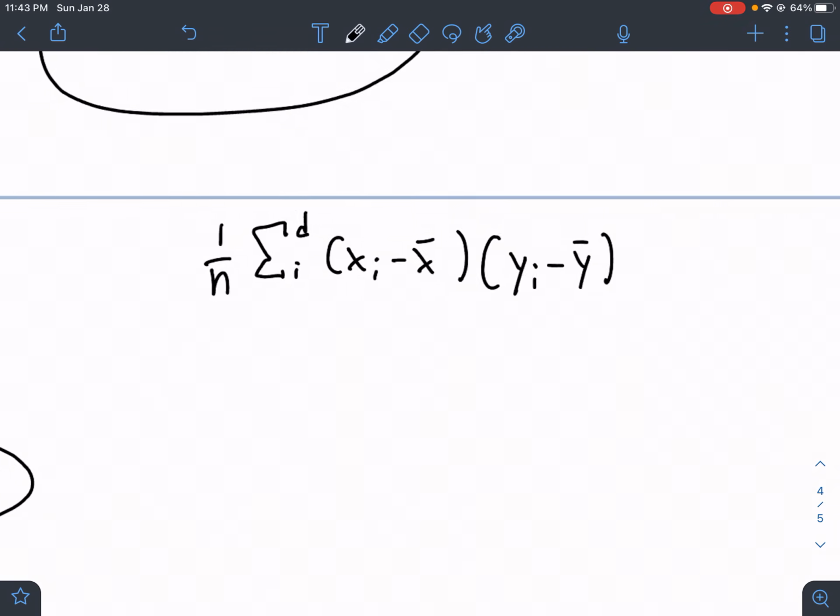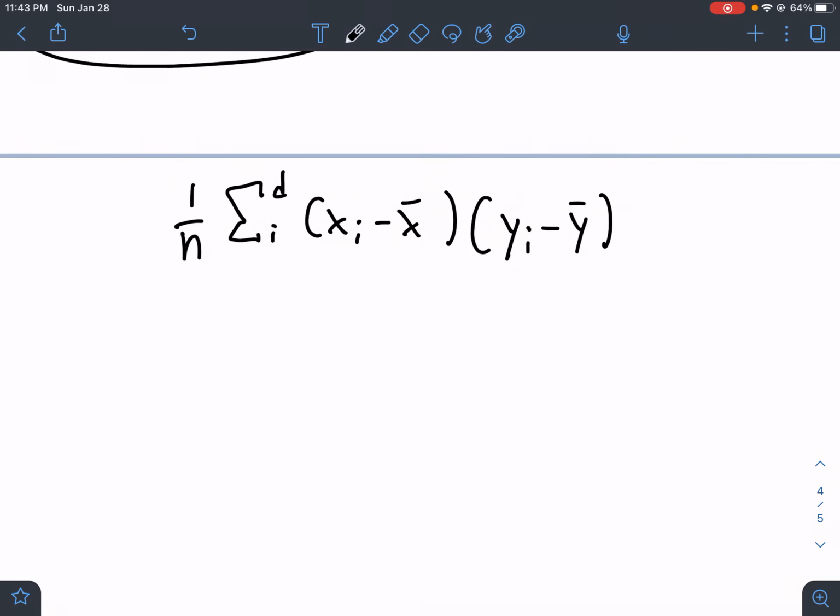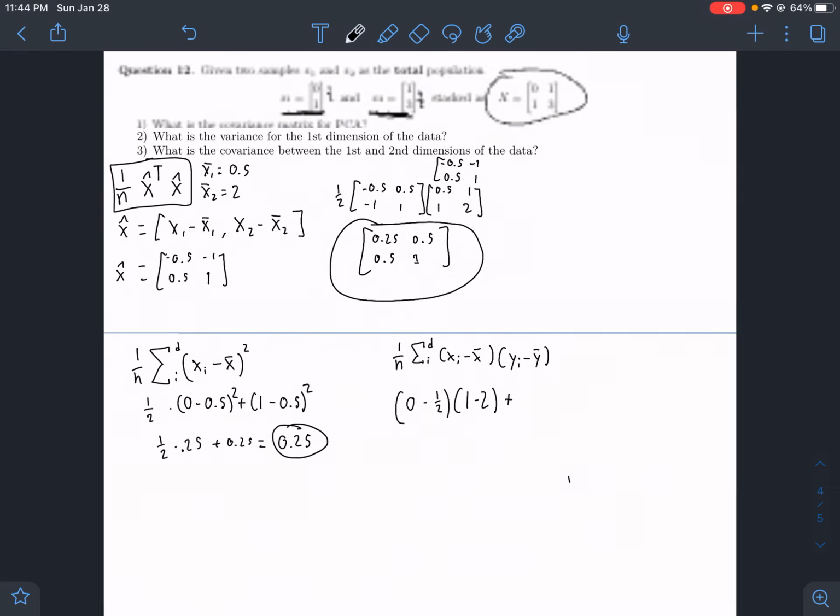And that we do: 0 minus 1/2, I'll switch to fractions here because I'm tired of writing decimals, times 1 minus 2, plus